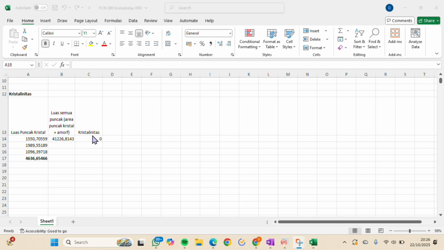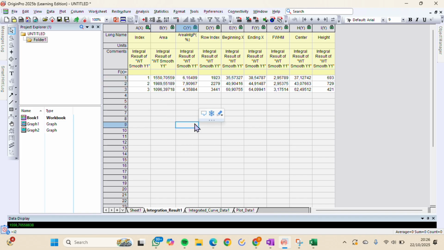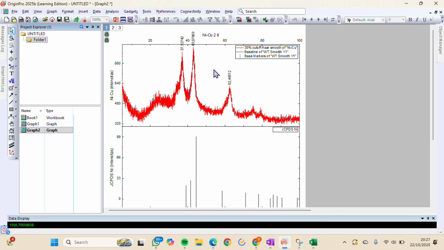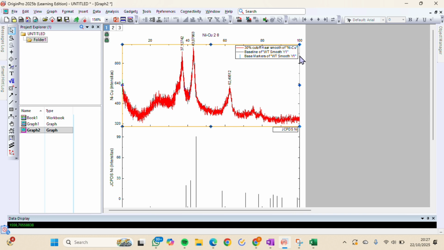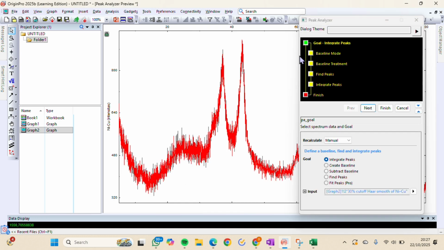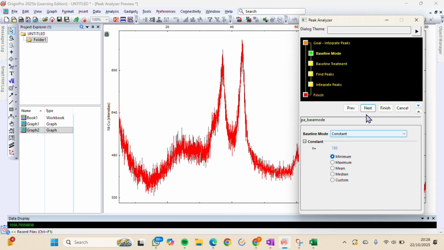So before that, we will go to Origin, and we click the graph 2, and then we click again in the graph, and we go to the search panel, and we click the analysis peak baseline and peak analyzer, and then we also get the page like this, and then we click next, and then next, and then next.